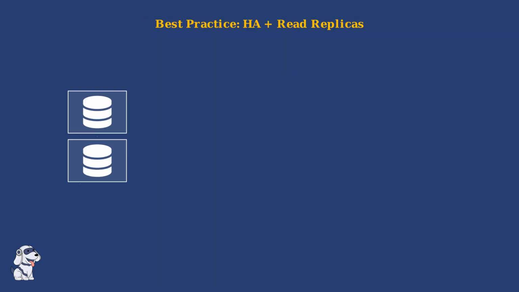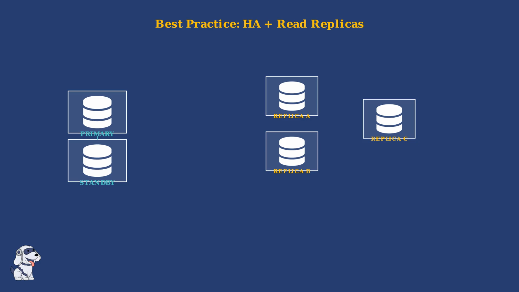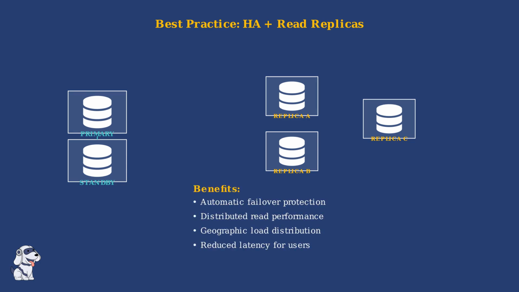The optimal architecture combines high availability configuration with multiple read replicas. This approach provides both fault tolerance through automatic failover and enhanced performance through distributed read operations. This architecture delivers automatic failover protection, distributed read performance, geographic load distribution, and reduced latency for users. Implementing Cloud SQL read replicas alongside high availability represents the best practice approach for handling increased traffic while maintaining system